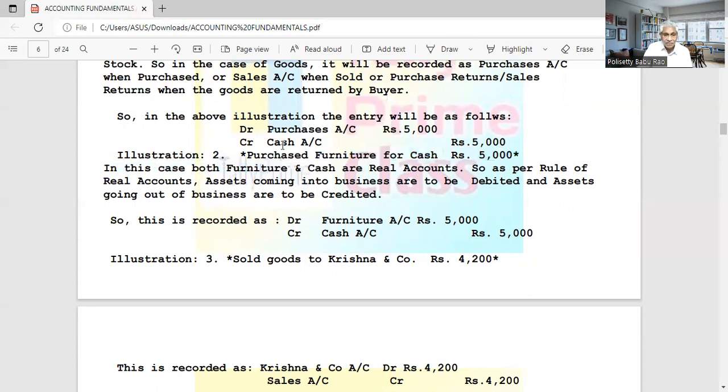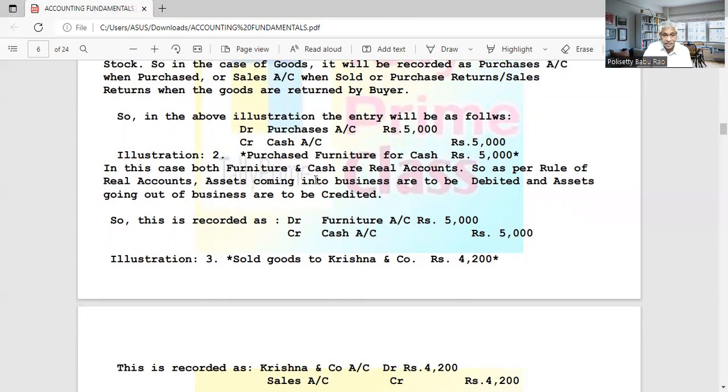See in this case, furniture purchased for office use. That is why you have to record it as furniture, but not as purchases. So in this case, both furniture and cash accounts are real accounts. As per the rule of real accounts, an asset coming into the business has to be debited